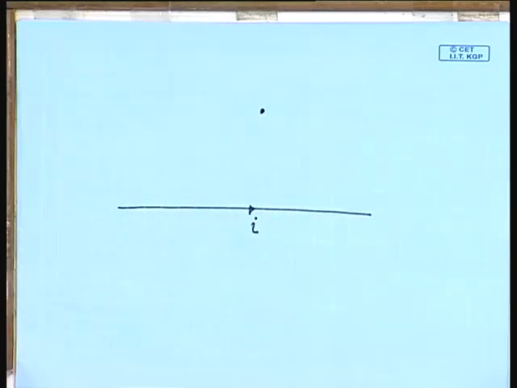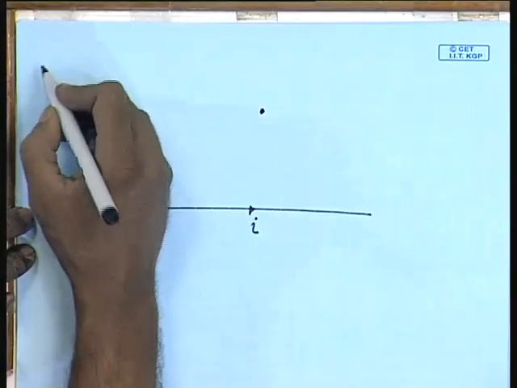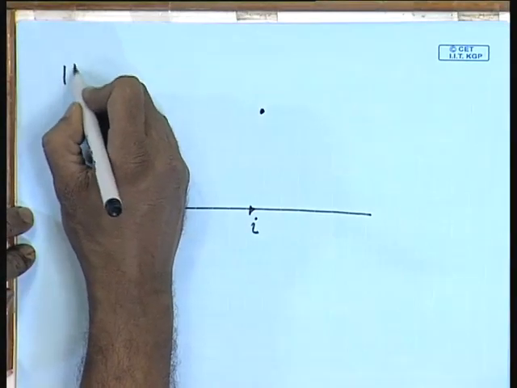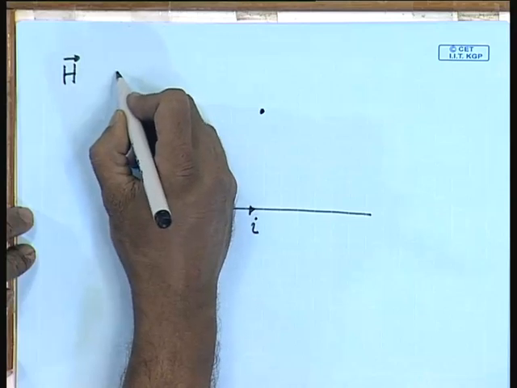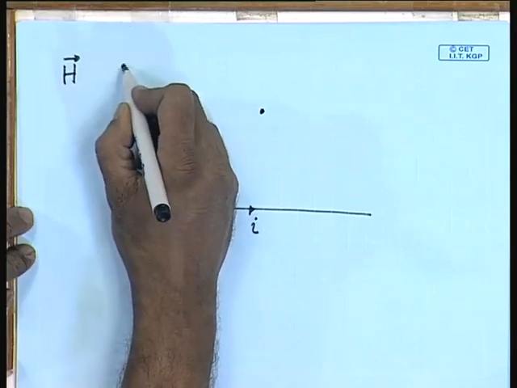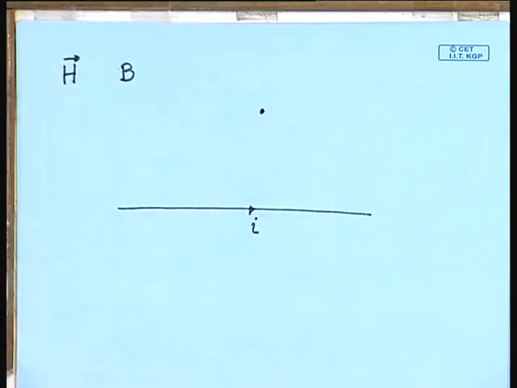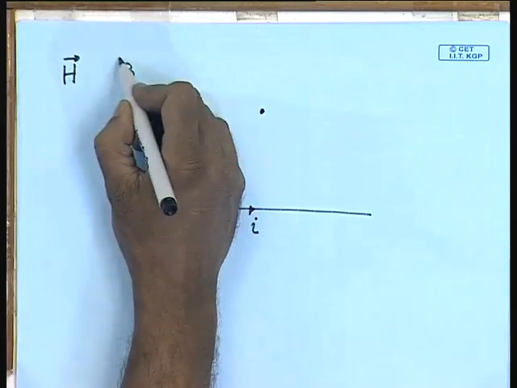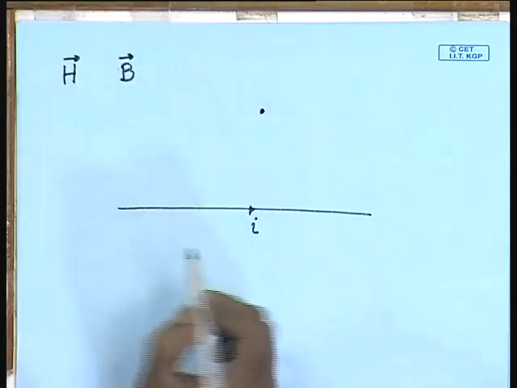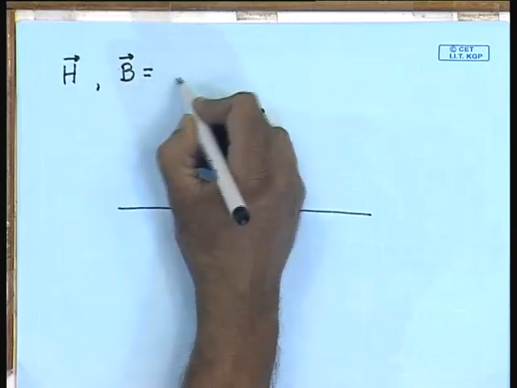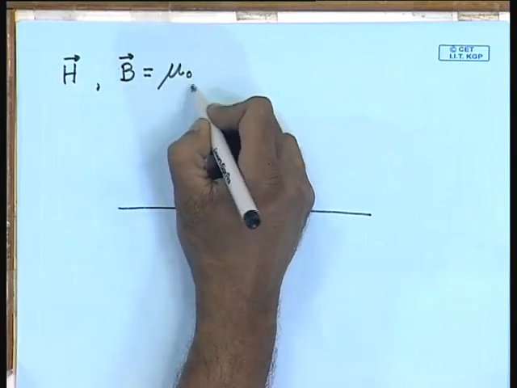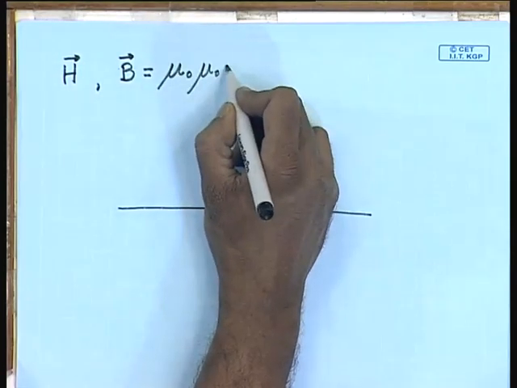A magnetic field can be characterized by a magnetic field intensity vector H or a magnetic flux density vector B. The relationship between these two is very simple. B is equal to mu naught mu r H,